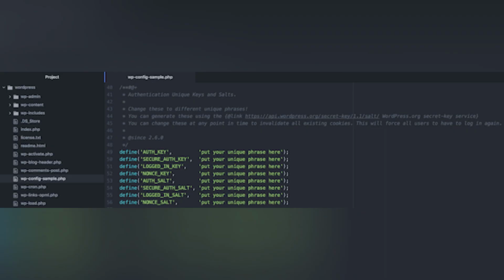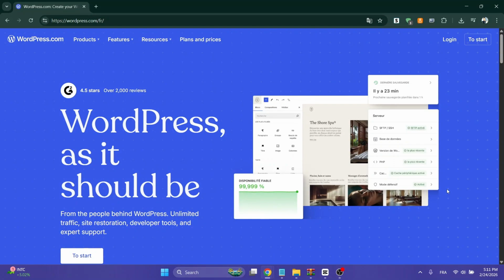Once you save those changes, it also includes vital security features and a free SSL certificate. If you want to save time and skip dealing with FTP clients and code editors, I highly recommend going with